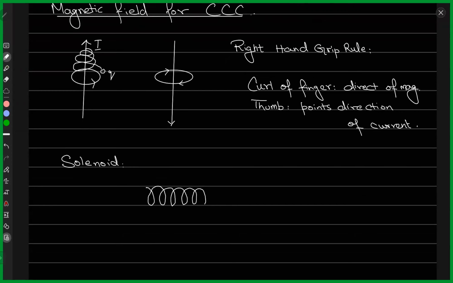Now, suppose I have this wire and I connect it to some battery so that there is current across this wire, and suppose the current is going in this direction, like this and then like this. So there should be a magnetic field around this solenoid as well, because the charges are moving